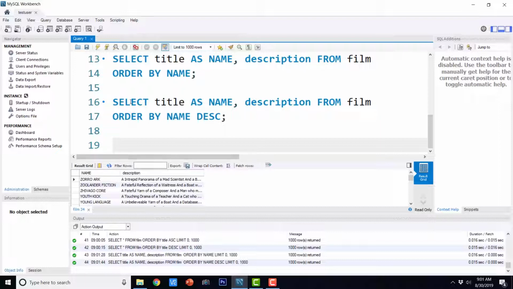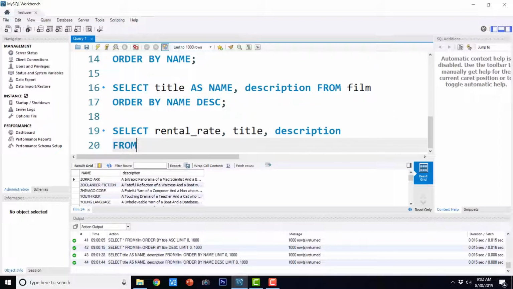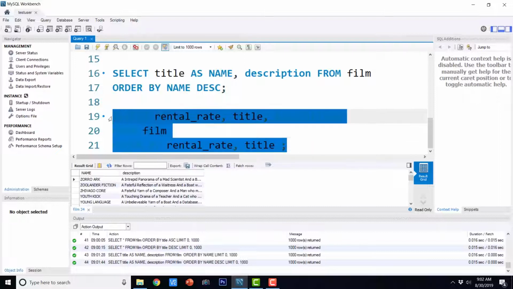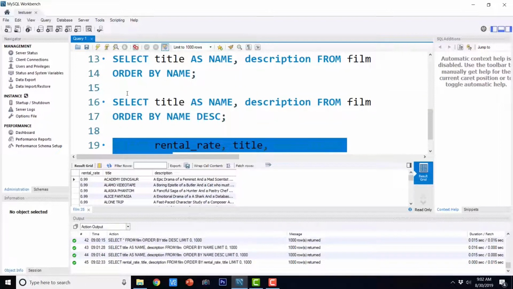So I'm just going to say select rental_rate, title, comma, description from film, order by rental_rate, title, and if I execute this, this is the output.